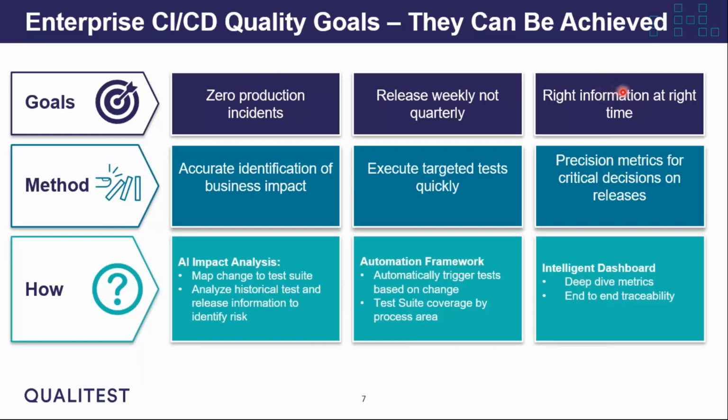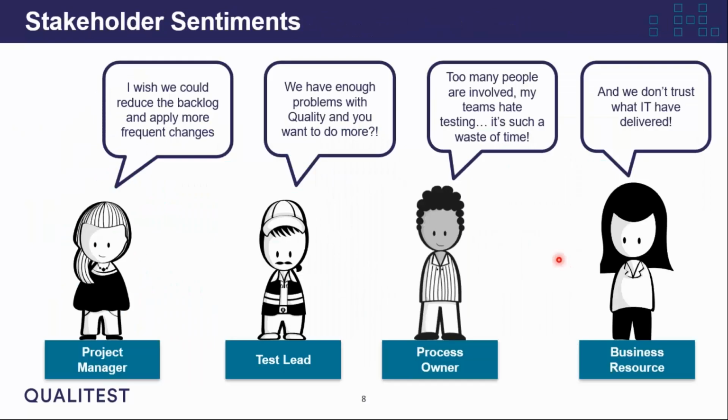This is the goal that we don't often see, as a lot of the focus is on achieving the 0 production incidents, so that's reducing that cost, achieving the speed, but we really need to understand the quality, what is happening with it. So we're going to take you through today the approach of how we would do this across these 3 elements. But before we do that, we want to frame it up in a real scenario. So we want to introduce a couple of the stakeholders that we often see that have the challenge to really bring it to life of what the challenges with testing are.